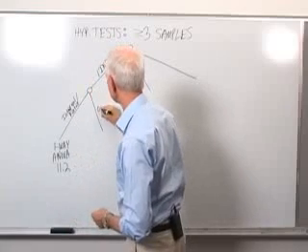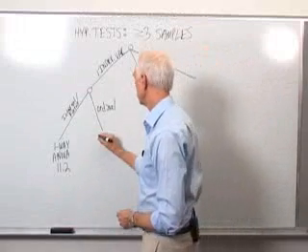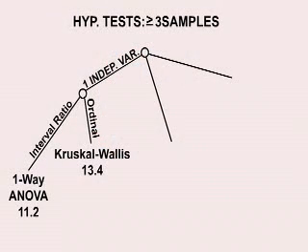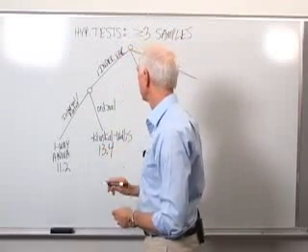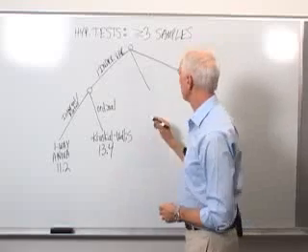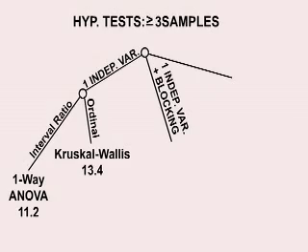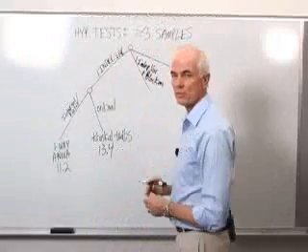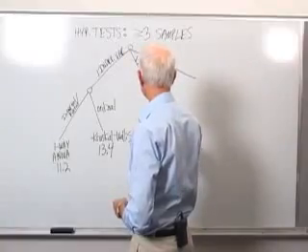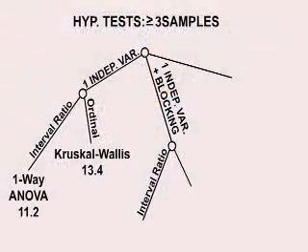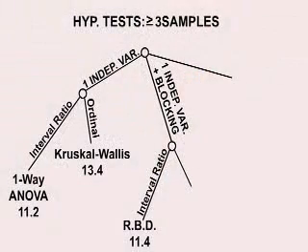If, on the other hand, you have ordinal level data, then you're going to be using a non-parametric version of the one-way statistic, or the Kruskal-Wallis statistical procedure. And the Kruskal-Wallis techniques are presented in section 13.4 in the non-parametric chapter. Suppose, on the other hand, though, you have one independent variable plus you're going to use a blocking variable. As before, we have a decision with regard to the level of data that we have. If we have interval ratio level data, then we're going to use the randomized block design featured in the text